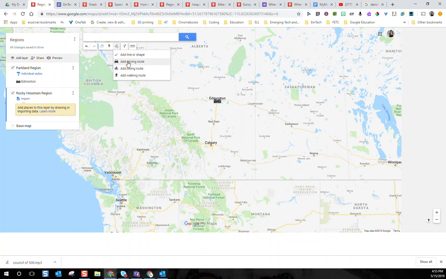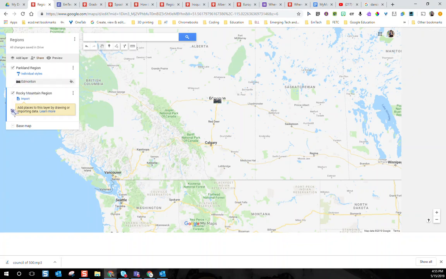Even if you want to keep track of field trips you went on all year, you can put that in here as well. Students will accidentally add driving routes and biking routes, and they do have to complete those routes before any of the other shapes will work again. The other thing to point out is it's going to depend. I know I'm already on my shape and I have to click off of it. There we go.